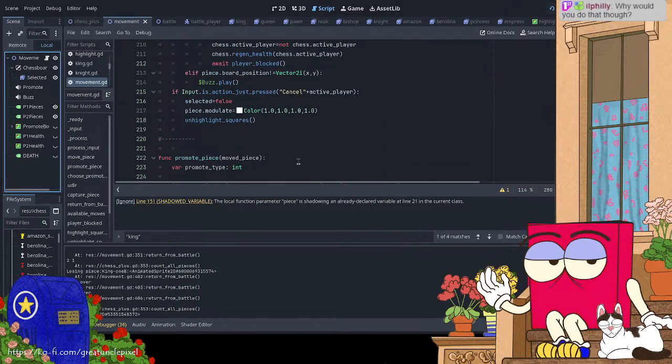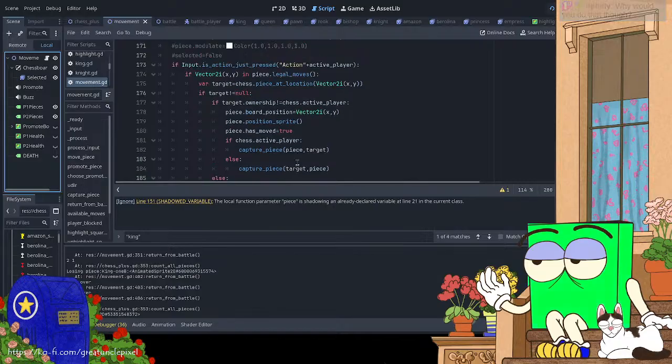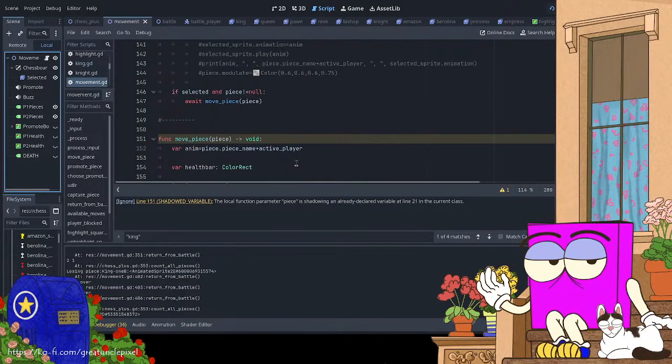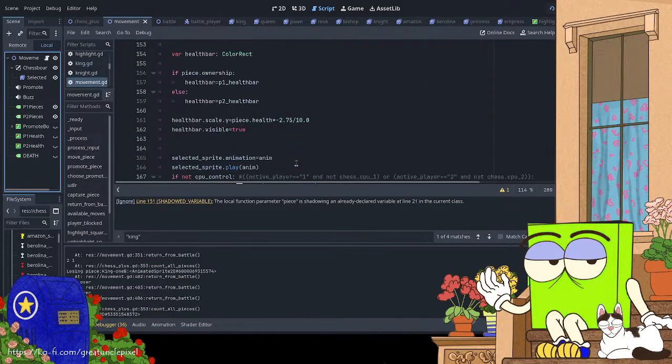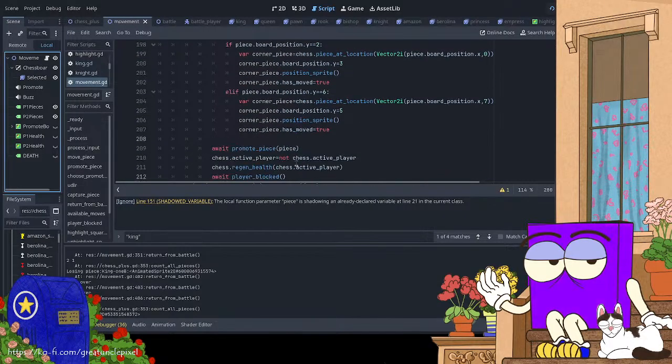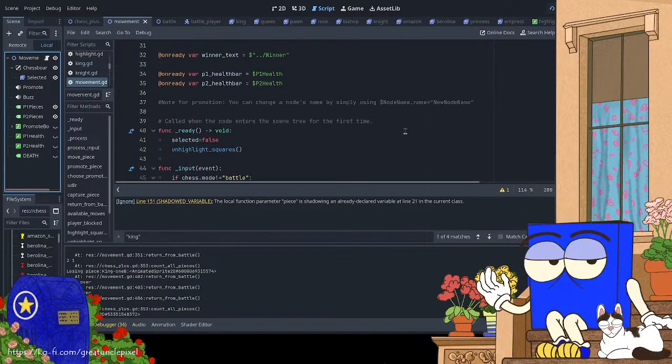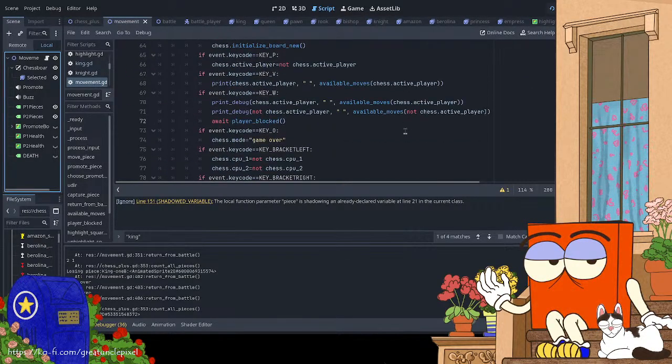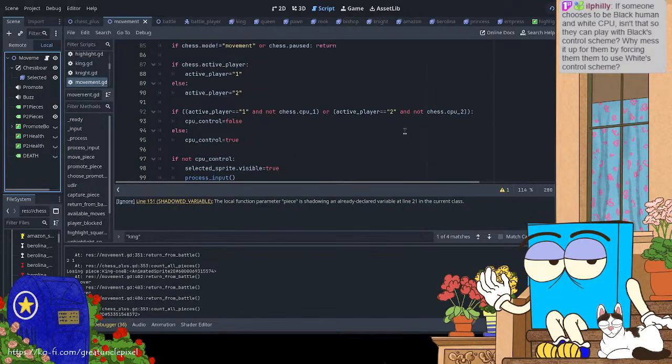I guess I don't have to make player black use player 1's control if there's no player 1. Philly said, if someone chooses to be black human and white CPU, isn't that so they can play with black's control scheme? Why mess it up for them by forcing them to use white's control scheme? I guess that makes sense. Also, because black's control scheme kind of sucks right now, but